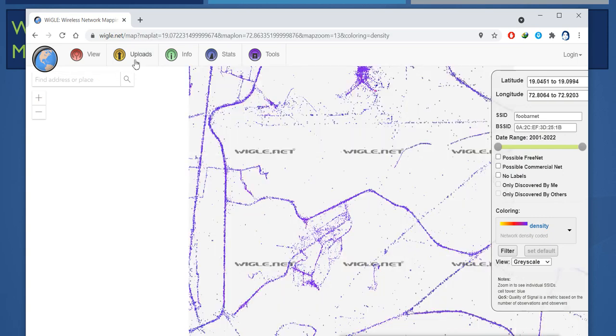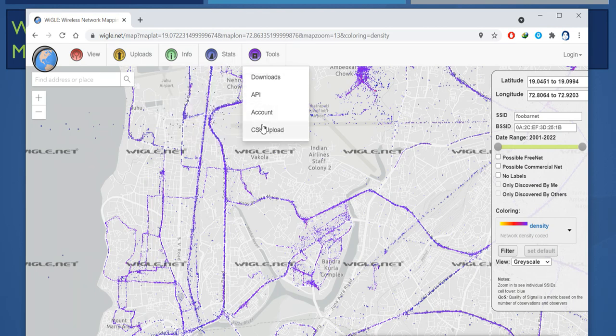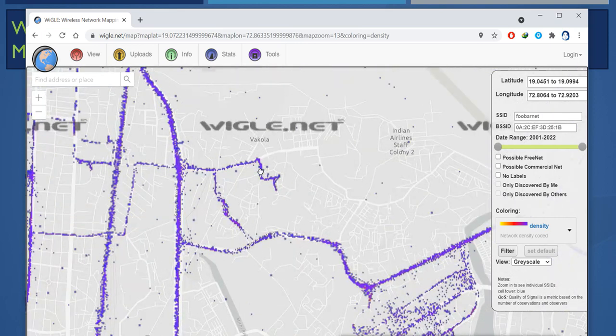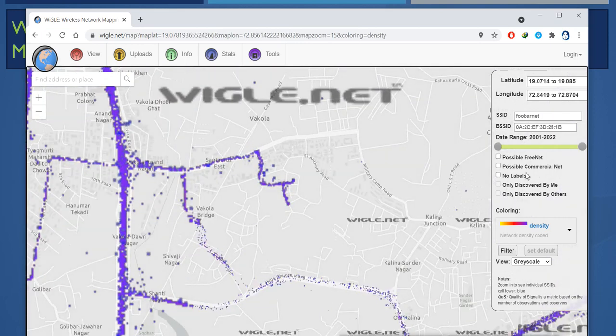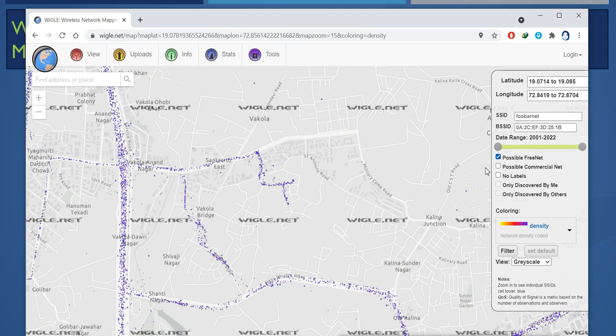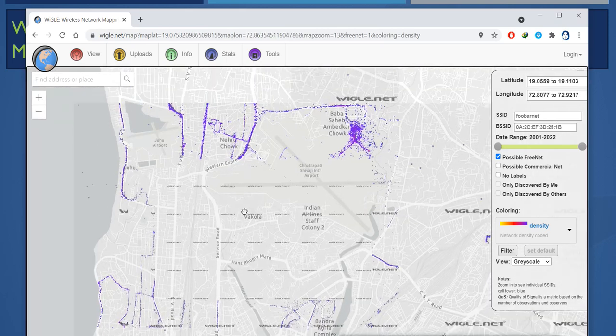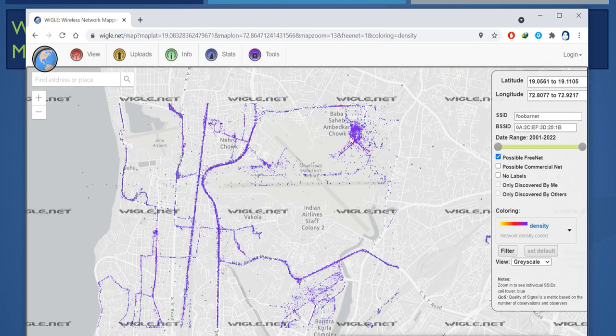We can upload also, we can check the status, and there are some tools we can use. I will try to check possible free nets. You can see there are some free nets available here.